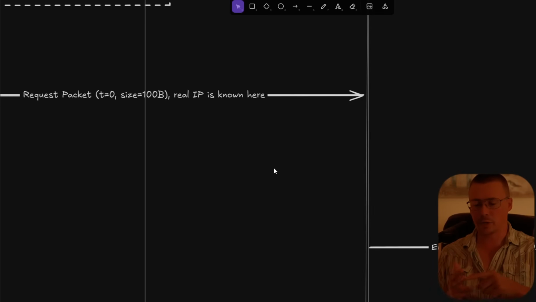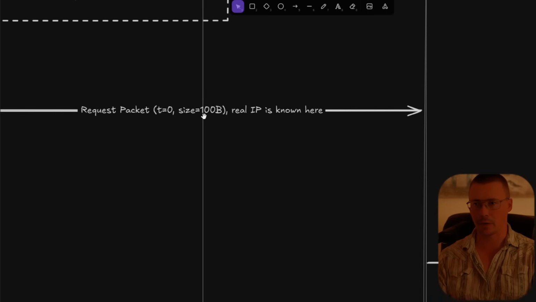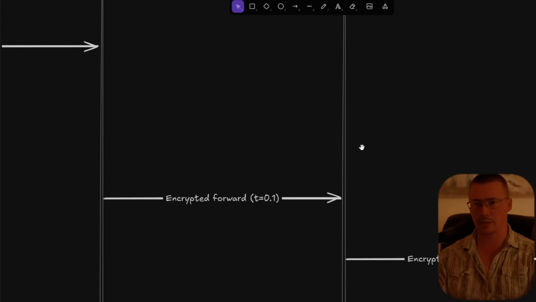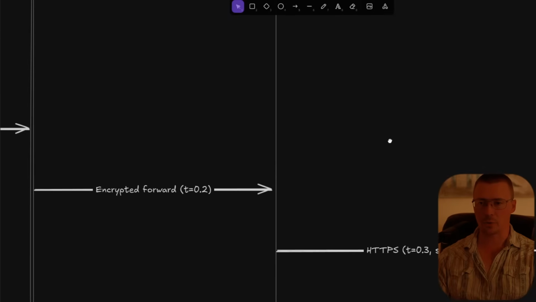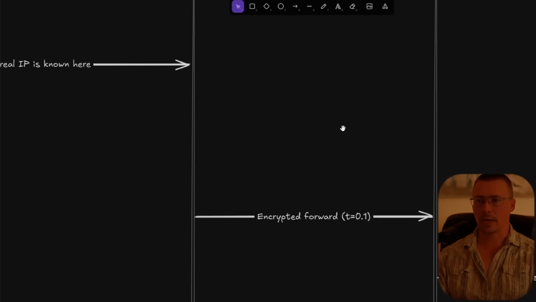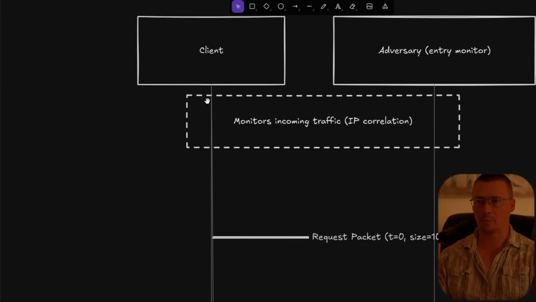It takes this much time for the guard relay to connect to the middle relay. And then it takes this much time for the middle relay to connect to the exit relay, and then the exit relay to connect to the website. If they have a reasonable understanding of the time that it takes to go through these different nodes, that can allow them to establish a time frame that, hey, we've got 100 bytes coming from this person over here that